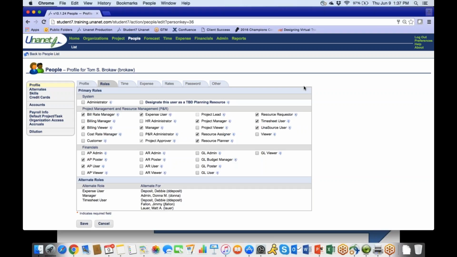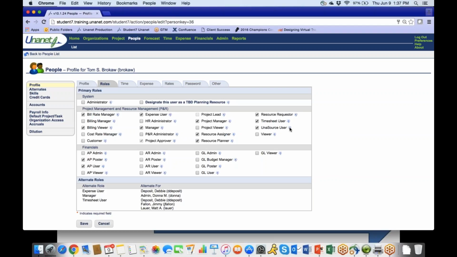eye here, oh, I don't have pop-ups on my screen right now. So you should be able to look into this little eye icon. It tells you what that role is for. Oh, there it is right now. Plans can be created for these users. So that's important to note, that if you're potentially going to be planning a resource, that they need to have